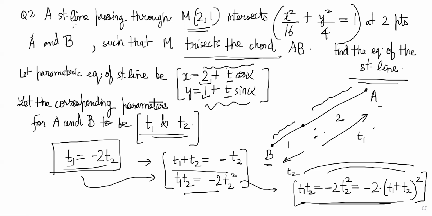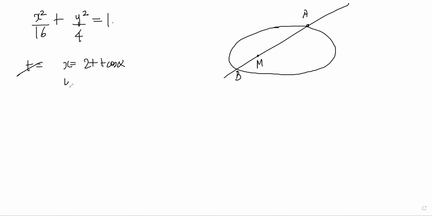So let's say the ellipse is here and the line is cutting it. This is my A and this is my B and this was my M, something like this, right? So we have the ellipse equation x square by 16 plus y square by 4 equal to 1. Putting x is equal to 2 plus t cos alpha and y is equal to 1 plus t sine alpha, these parametric equations, into this